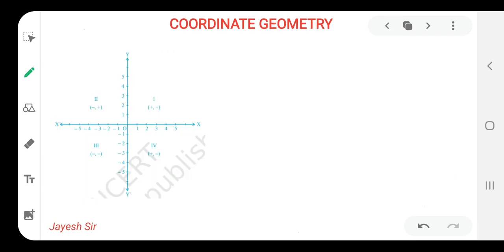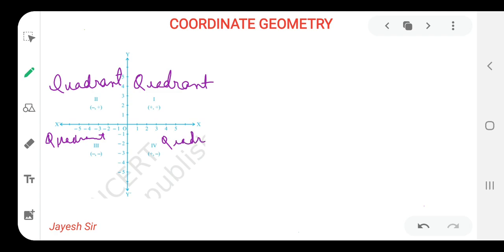Over here I am writing, this is quadrant first quadrant, second quadrant, third quadrant. I am not having that much space, but still I am trying to write quadrant. The same spelling is there, no need to check; because of lack of space I am writing like this, quadrant. Yes friends, I hope you all might be getting it. It is to be pronounced as quadrant 1, quadrant 2, quadrant 3, quadrant 4. I hope you all might be getting it.